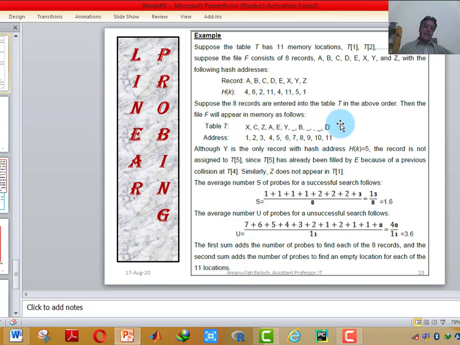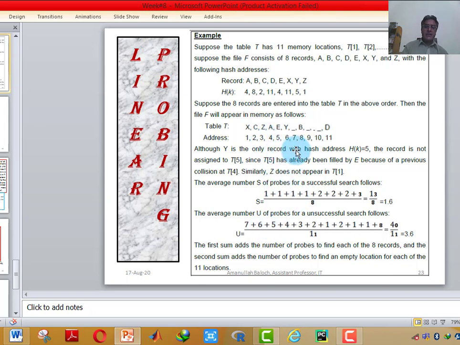Let the hash address of the next record be 2. So it will come to this 2 location. 2 was occupied. It will see 3. 3 is also occupied. 4, 5, 6 are occupied. 7 is available. So it has searched 6 locations and got the blank location to store itself. So we will take here 6 searches; 5 were unsuccessful, and the 6th was the successful search to get the location.